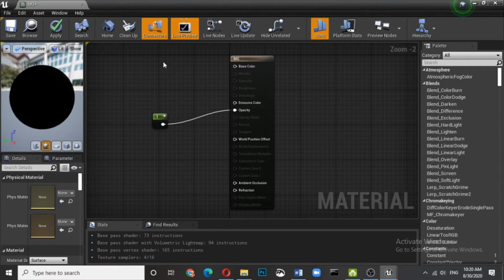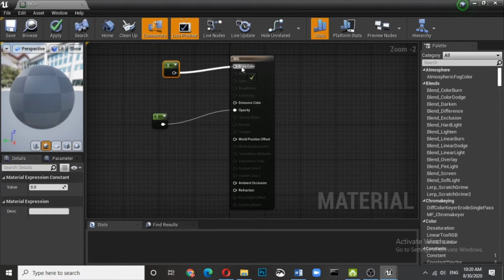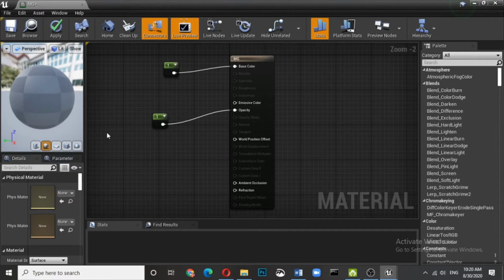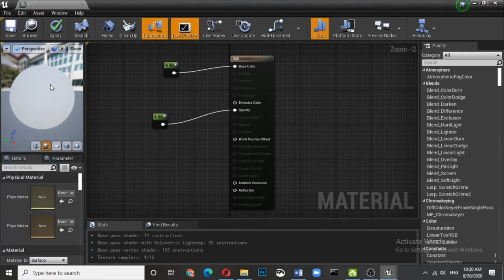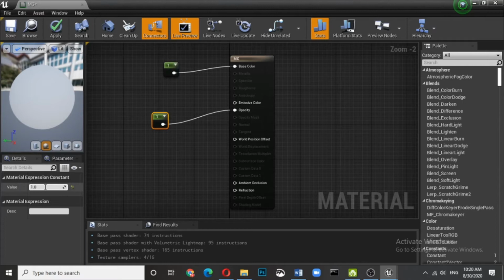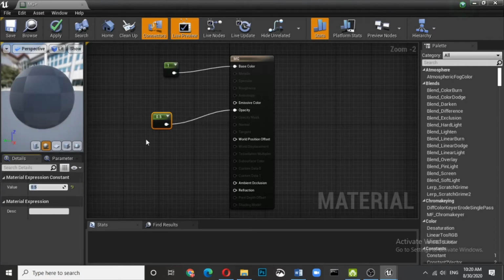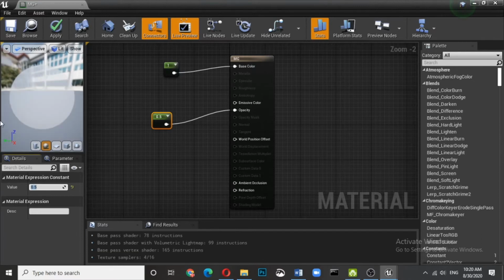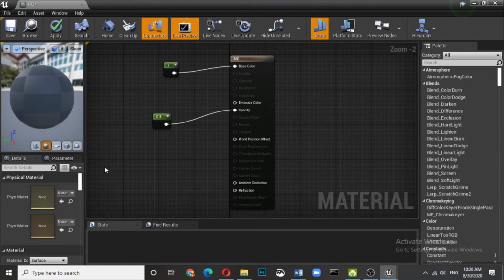Okay, so what we need to add is a base color also, so that you see something. So base color we can give as a 1. Okay, fine. So now you see the changes, how it works. Opacity 1 means it is fully opaque. Let us suppose if I make it 0.5, it is a bit transparent. So we have various grades of transparency that you can control. Instead of 0.5 you can make it 0.2. Just see the changes of what can happen.